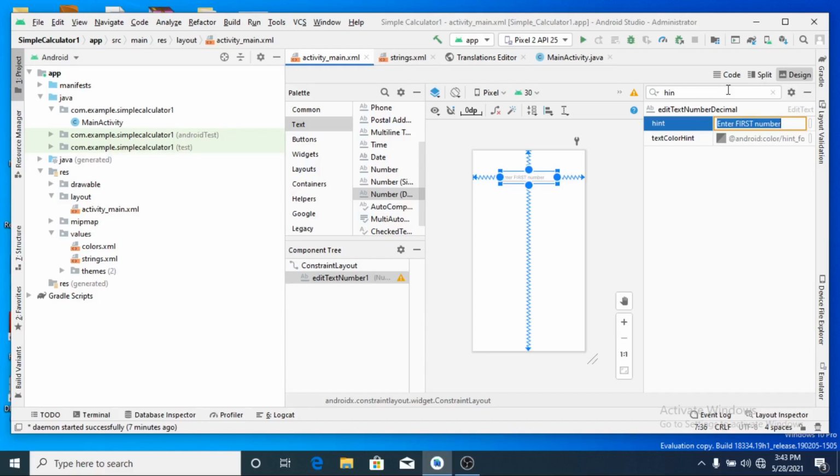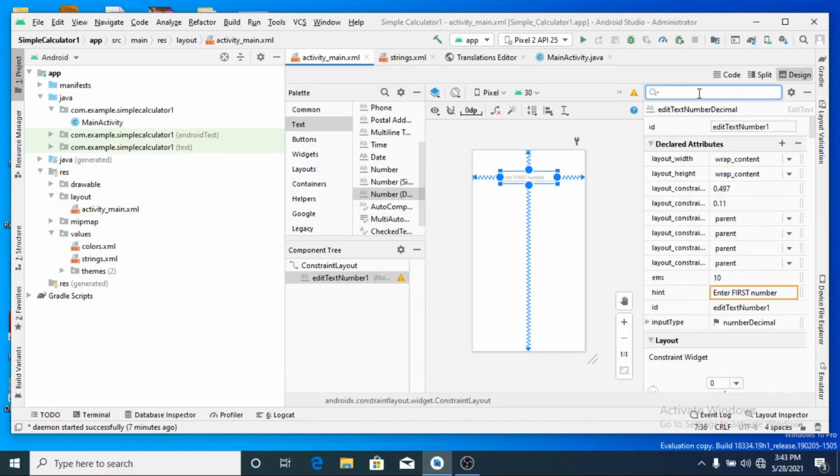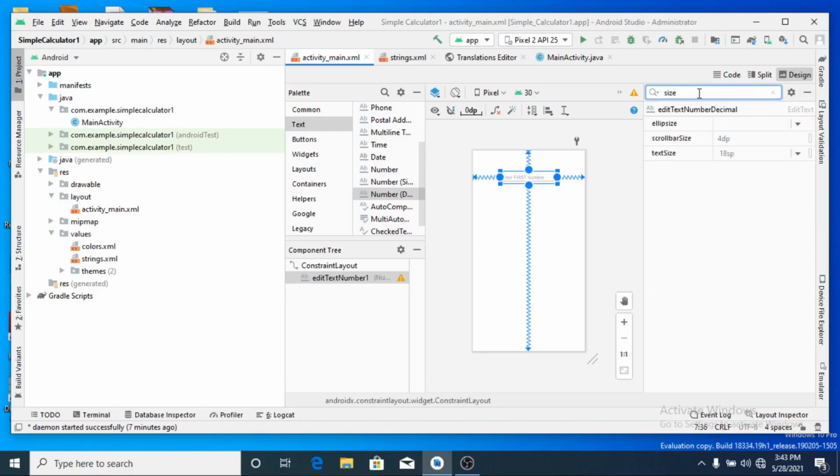Later, wherever it is very much essential, you can pass the values through strings. Otherwise, hard coding I will go. Now the hint I gave, let me change the size of the text. 18 sp is there, let me make it around 30. Okay, right, I made it 30.